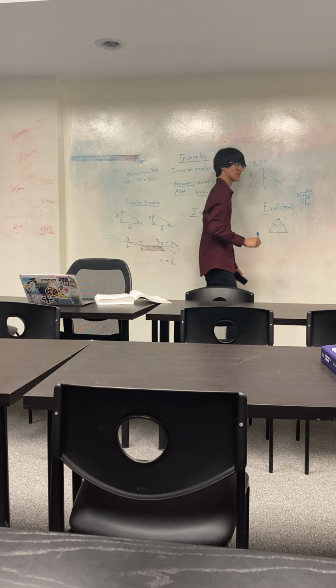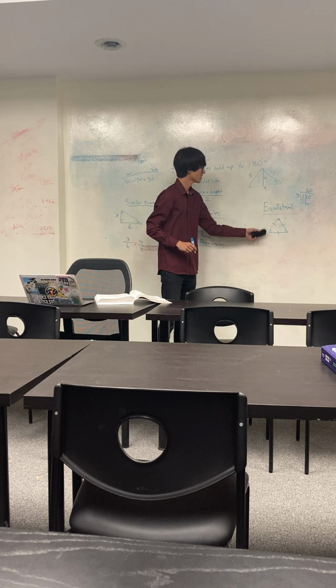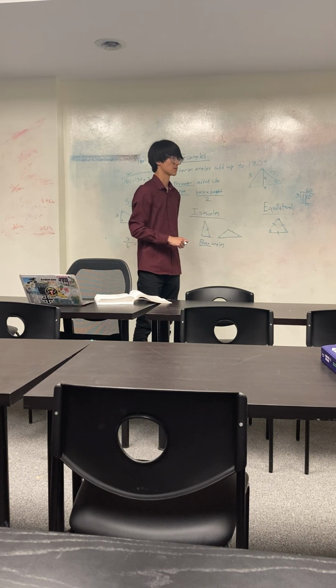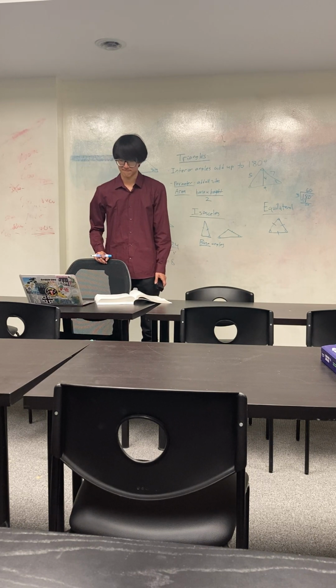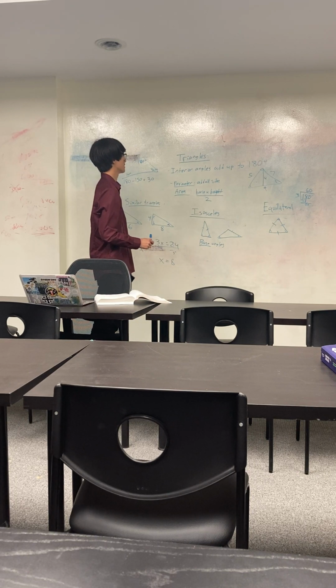You have 60, right? So in an equilateral triangle, all three angles are 60 degrees. And then all three sides are going to be the same length, whatever that length might be. Okay, and lastly,